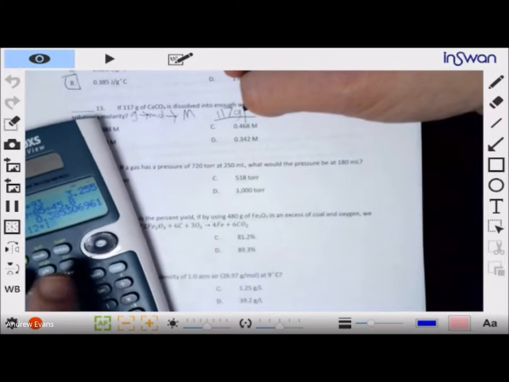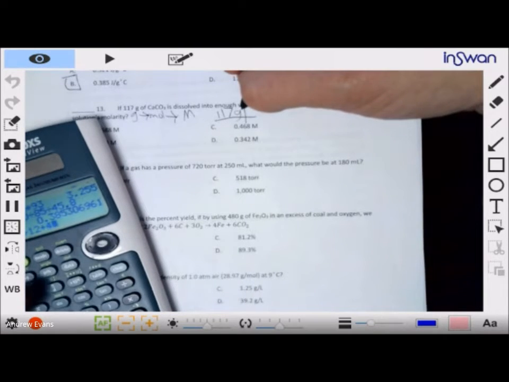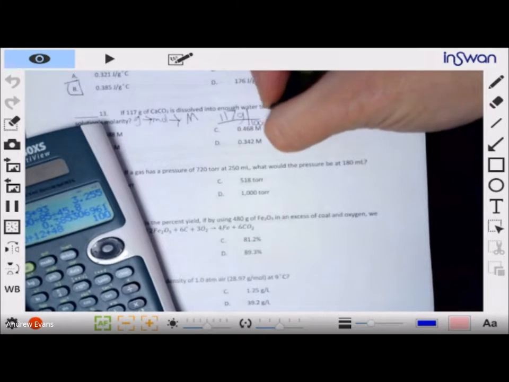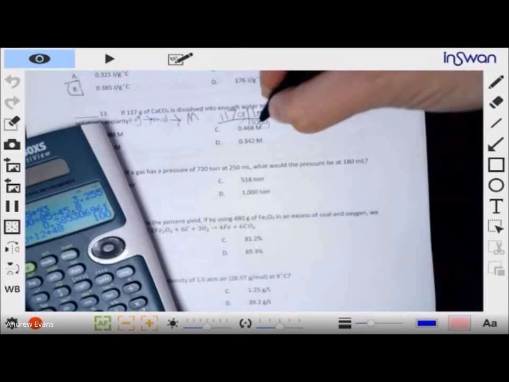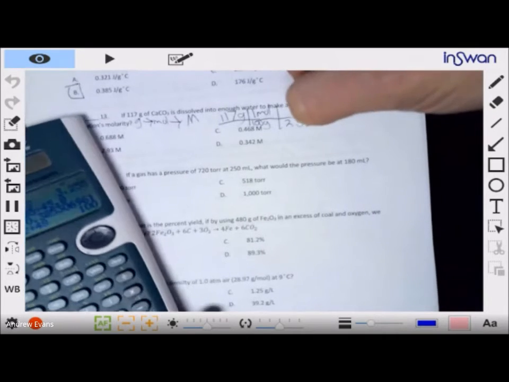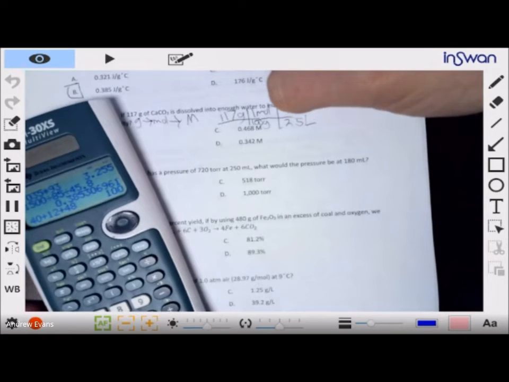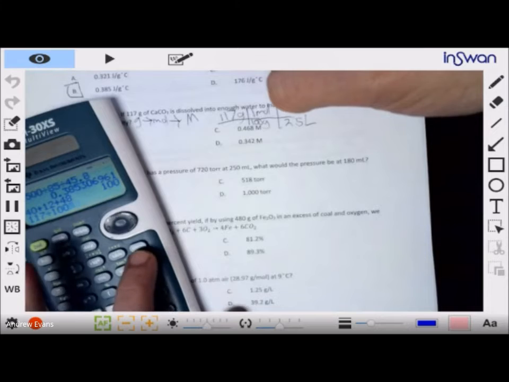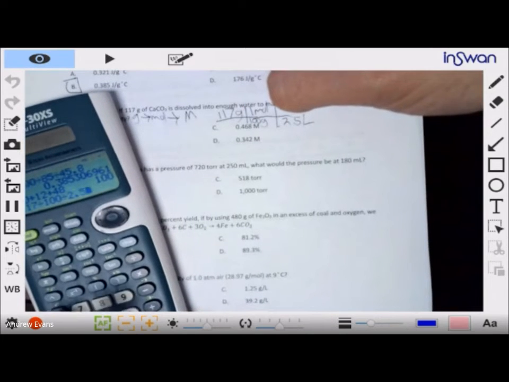There's 3 of them, so 48. The molar mass is about 100. 100 grams in 1 mole. Then I divide by a volume of 2.5 liters to get it in moles per liter. So 117 divided by 100 divided by 2.5 gives you